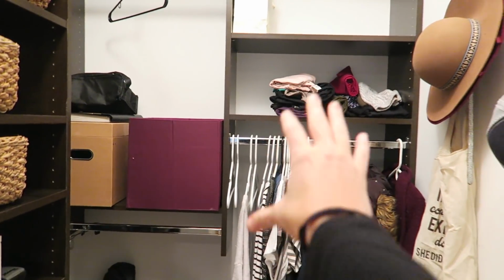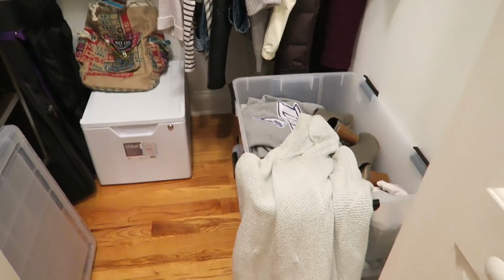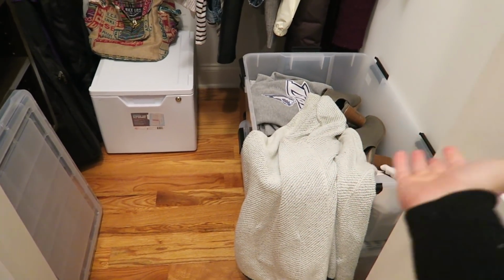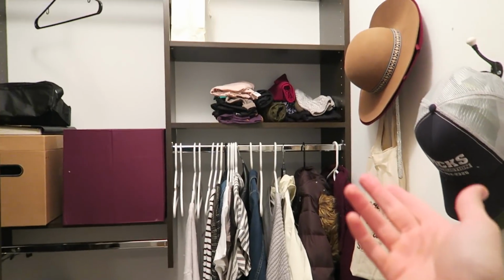A lot of these things are getting packed up, but all of this stuff is gonna stay. And I have some clothes that'll be in storage that I might use, or I might just end up forgetting about and then decide to give away after I choose that I prefer a more minimalist wardrobe. So that is my quick